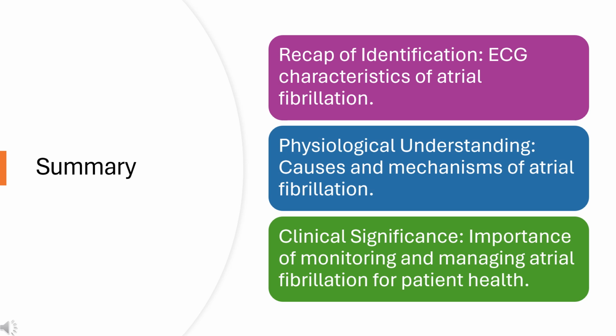Atrial fibrillation occurs due to disorganized electrical activity in the atria, leading to rapid and irregular atrial contractions. This can be caused by various factors, including structural heart changes like atrial enlargement, electrophysiological abnormalities, or systemic conditions like hypertension, hyperthyroidism, and diabetes. The disorganized atrial activity results in ineffective atrial contraction, which contributes to stasis of blood in the atria. This stasis increases the risk of thrombus formation, which can lead to thromboembolism and stroke if a clot